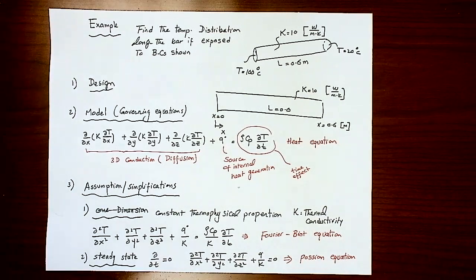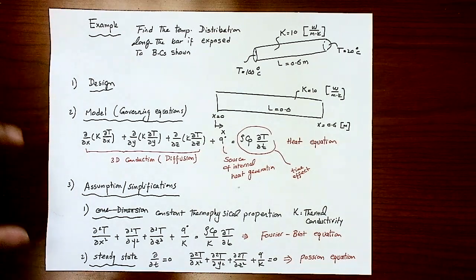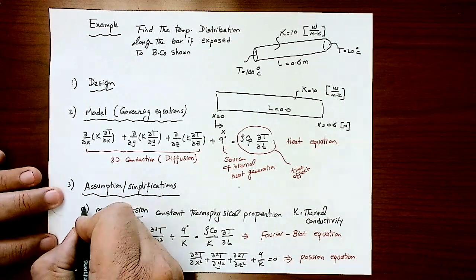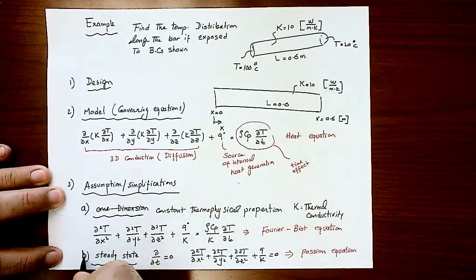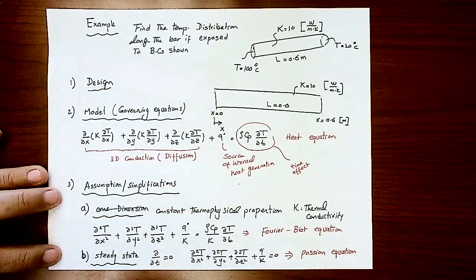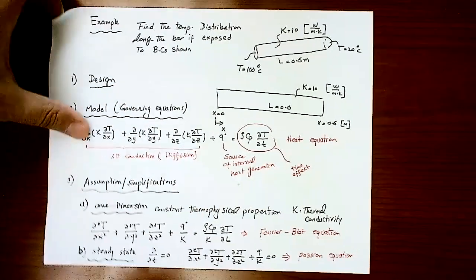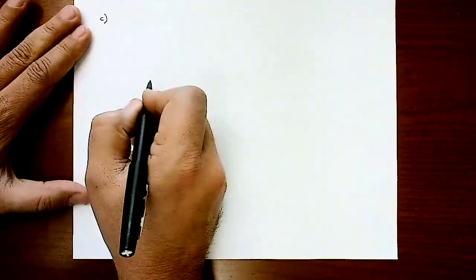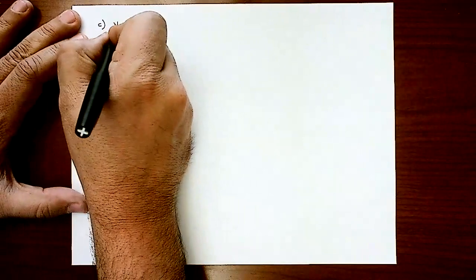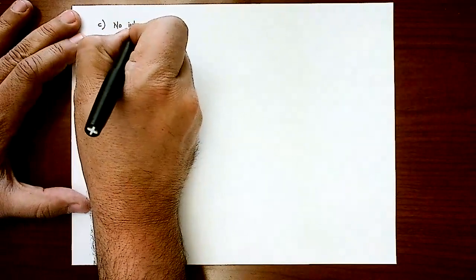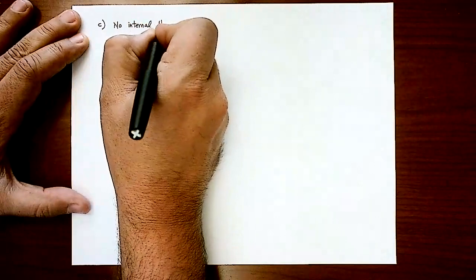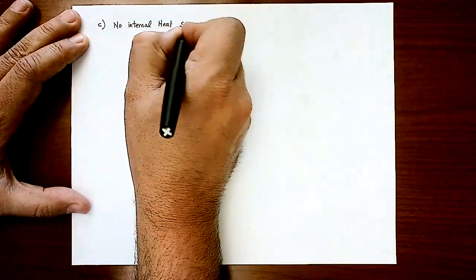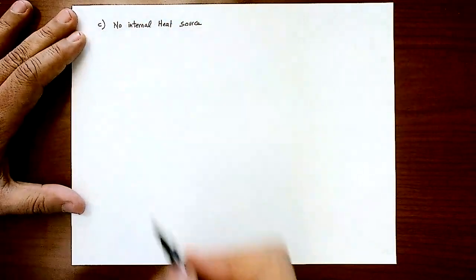Then the next simplification, I'm still under the title of assumption and simplification. Let's make that A and B so we don't mix up with the 1, 2, 3, 4. So the next simplification or assumption I would have is to assume that there is no internal heat source. So this is assumption C: no internal heat source. For those who need to get a sensation of what kind of heat source it is, if you have a wire,